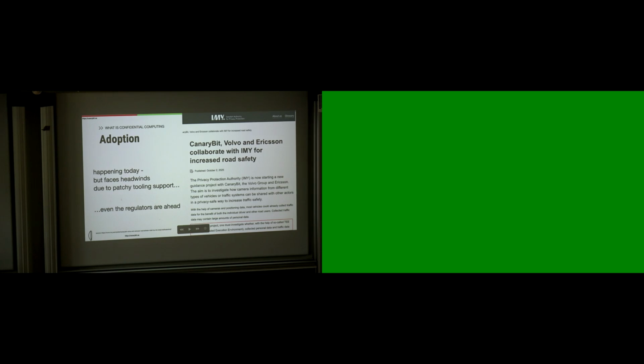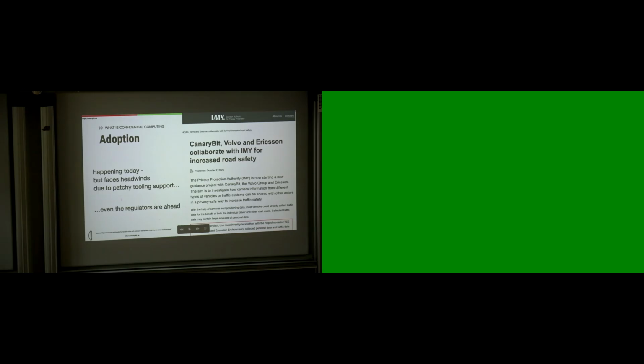They're interested, but they're asking, so what about support? And their problems start. Software support is a bit behind, and tooling is a bit behind. Even the regulators are ahead. Usually regulations are behind, but now they're ahead. This is a screenshot, translated from Swedish,